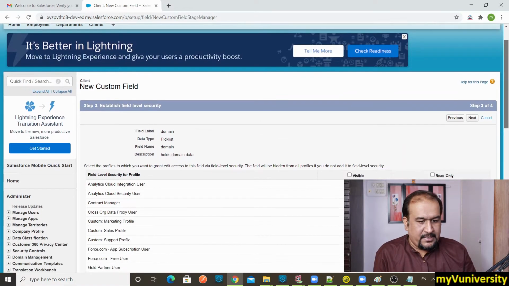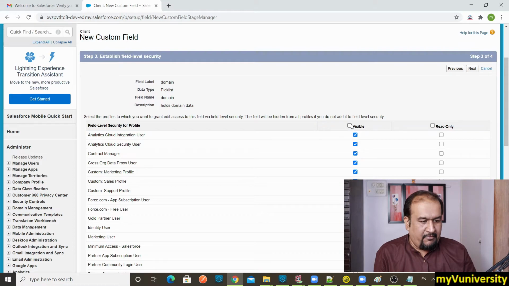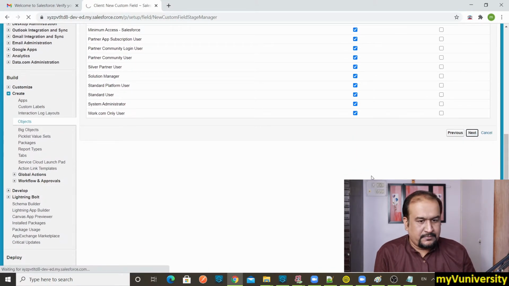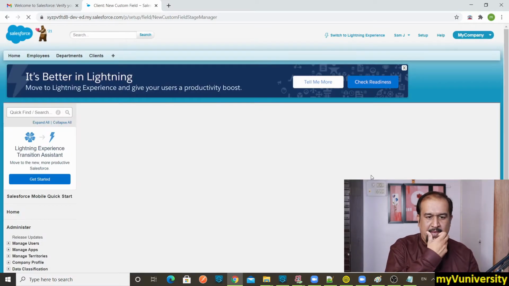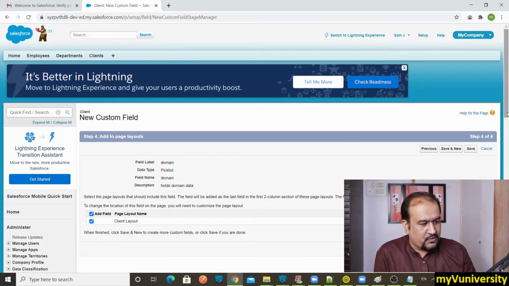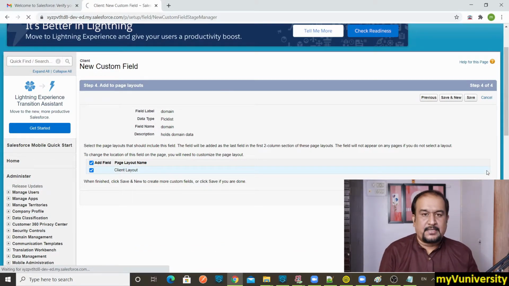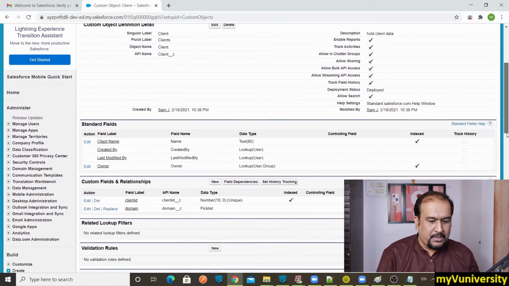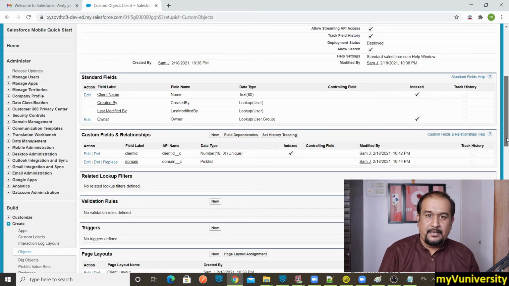Okay, so that is what is created. Domain, I will make it visible to all the profiles, and I click on next. Okay, so here layout, nothing to do, I just click on save. Perfect. So my couple of custom fields are also created.